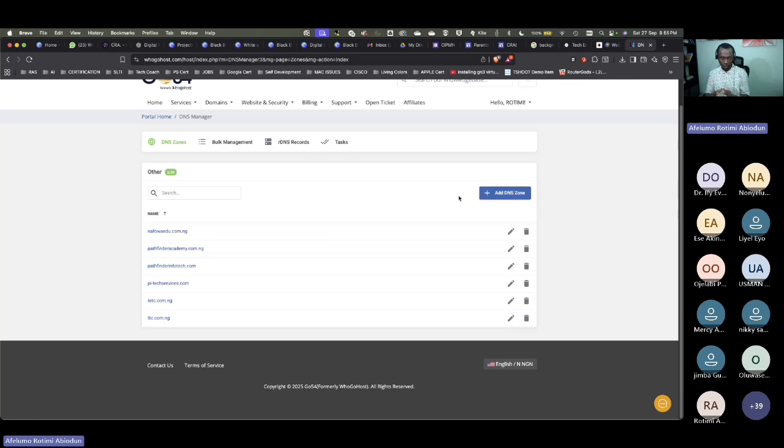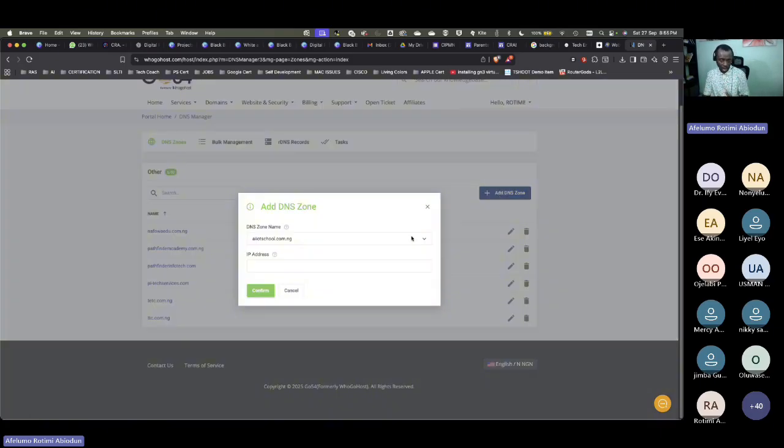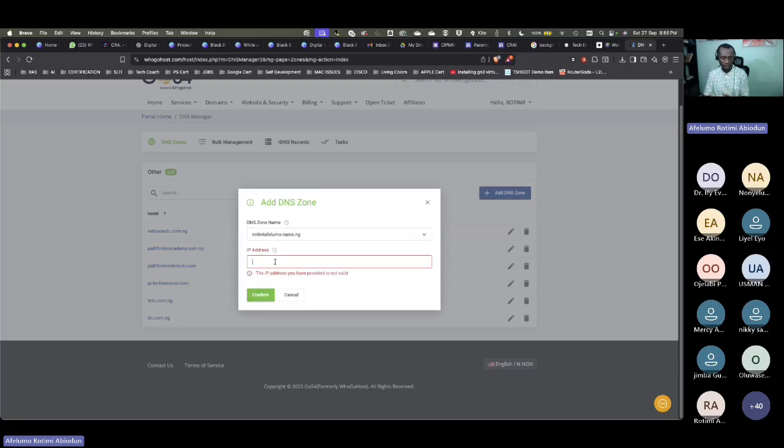So you have to create the DNS record. Just follow this step. For every one of them it's almost the same thing. You want to add the DNS record. It will ask you which domain you want to add the DNS record to. So it is this one. I want to create the record that will allow me do what I want to do. So you confirm, and once you create the DNS zone,